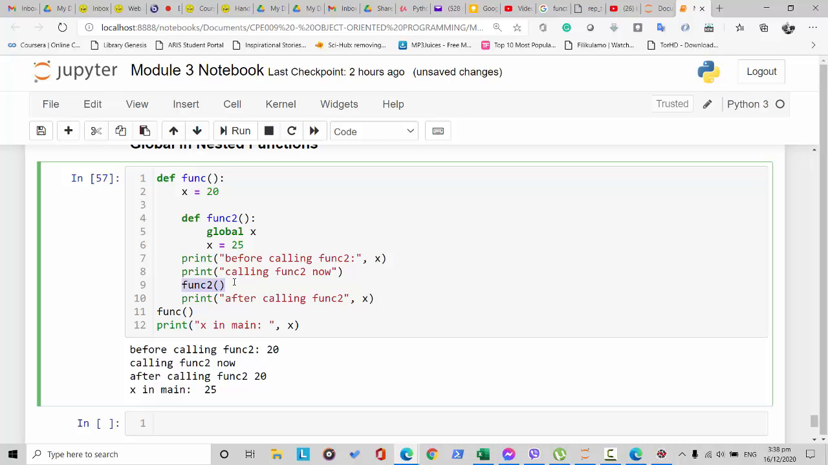So you can see that when we declare a global variable inside the nested function, inside the func, x has no effect of the global keyword. It has no effect. Now before and after calling the func2, the variable x takes the value of local variable, which is x is equal to 20. Now outside of the